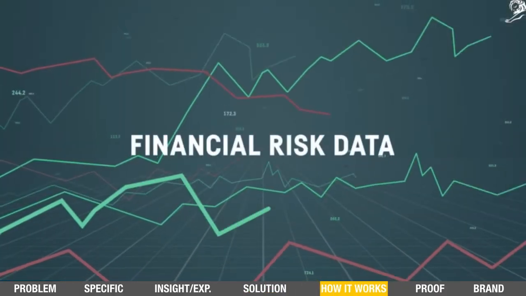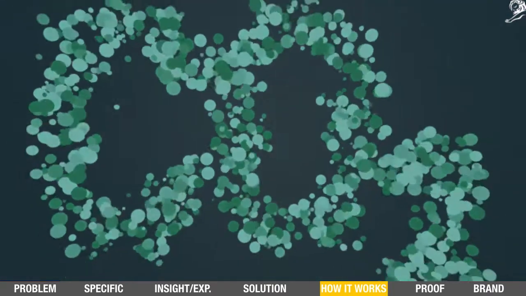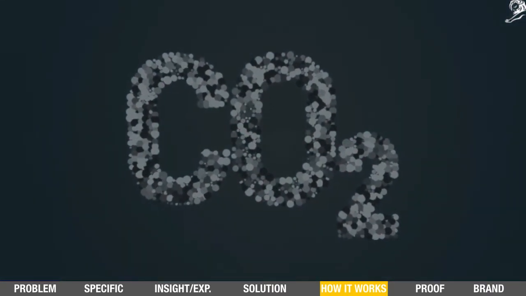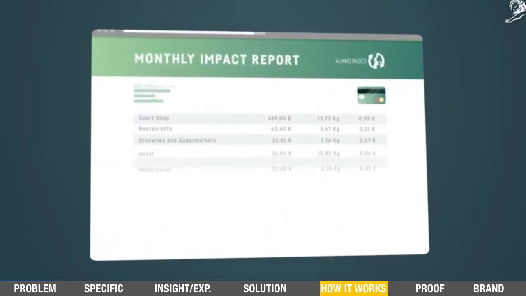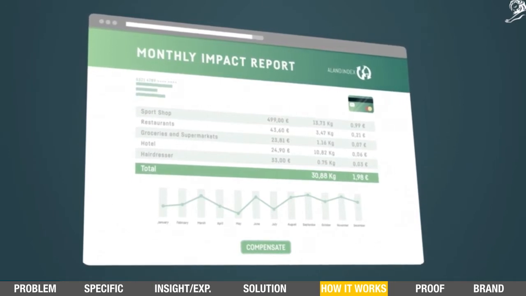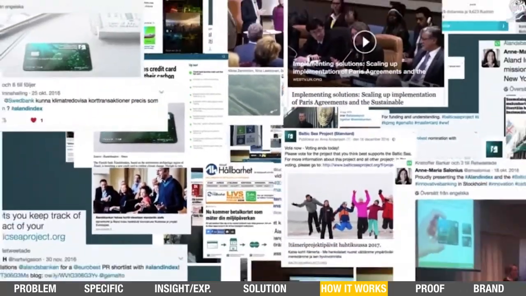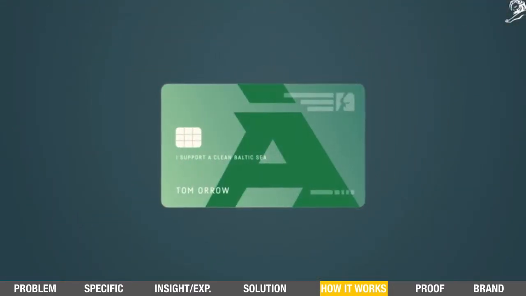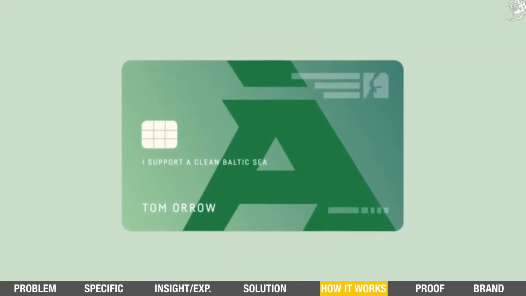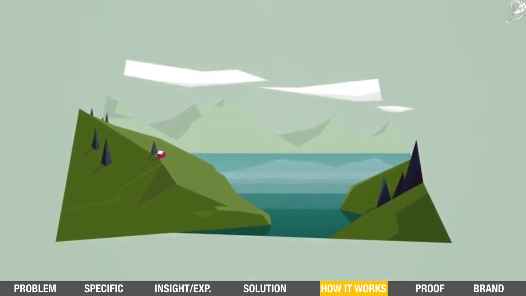By combining financial risk analysis data, merchant category codes, and carbon pricing set by the World Bank, the index calculates the environmental impact of every transaction. The bank presents a monthly impact report of your credit card purchases and the opportunity to compensate for the true cost of your consumption. The initiative was launched to position the bank using PR, digital, direct and social media channels to activate and engage both clients, the public and the competition. But the most effective medium is the credit card, biosourced, that serves as a daily reminder of the need for change. With this initiative, the bank has turned all client tools for consumption into an instrument for nature.